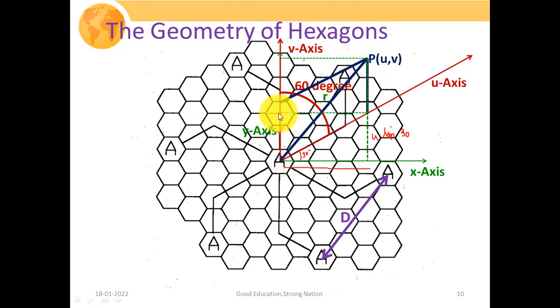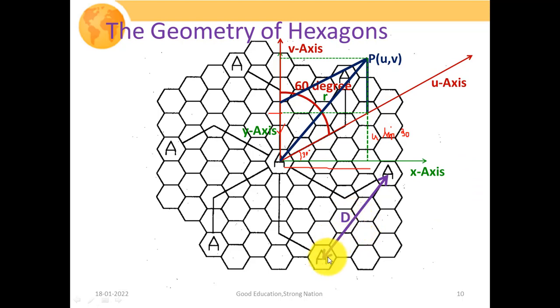And what about this value v in terms of your xy coordinate axis? Up till this point, this is your u sin 30, and this particular portion is nothing but your v. So this complete variation turns out to be u sin 30 plus v, and this is nothing but your u cos 30. Both these distances are known to you, that is u cos 30 and u sin 30 plus v. So in order to evaluate this value r from the Pythagoras theorem, we can write r square will be equal to u cos 30 whole square plus u sin 30 plus v whole square. So this is how we are going to evaluate this value of r. So hopefully axis transformation might get clear to you.